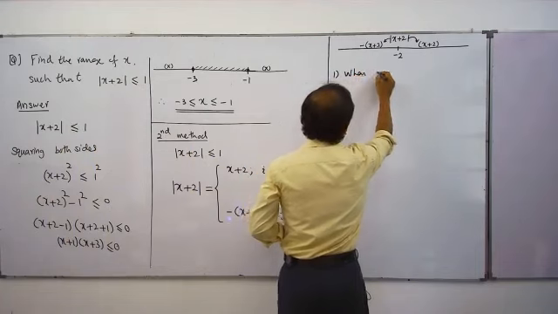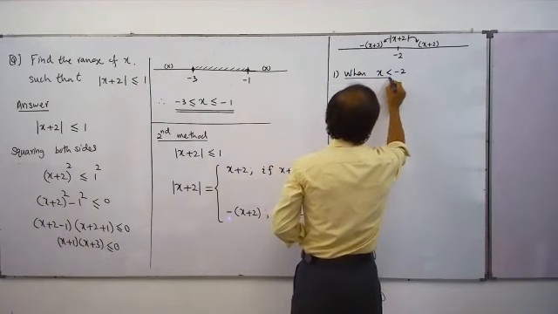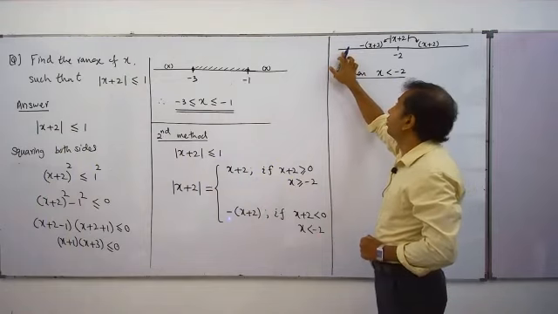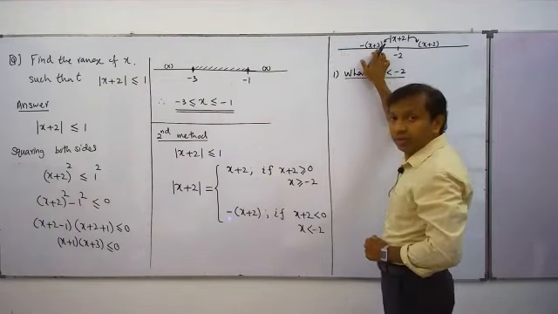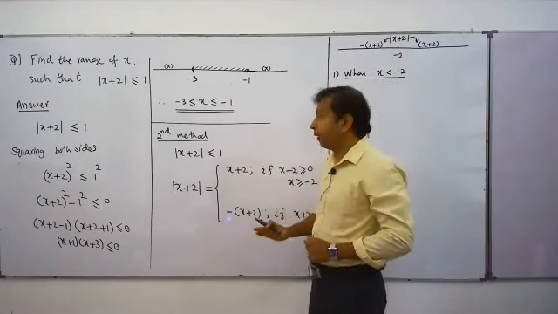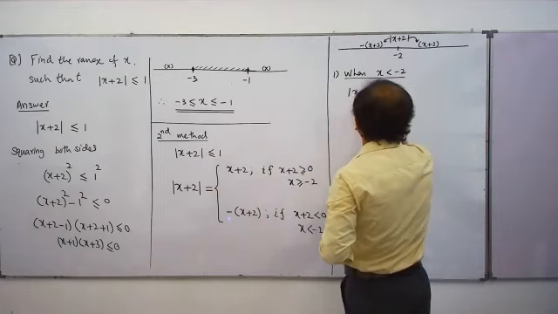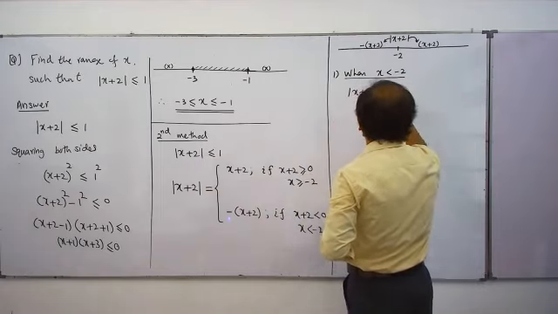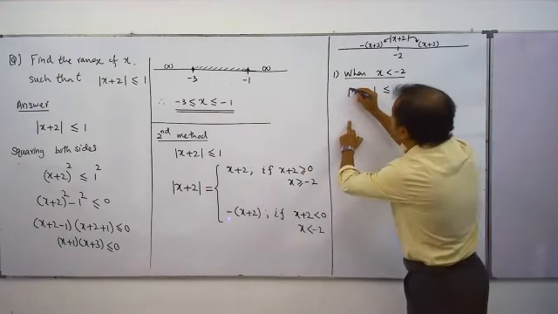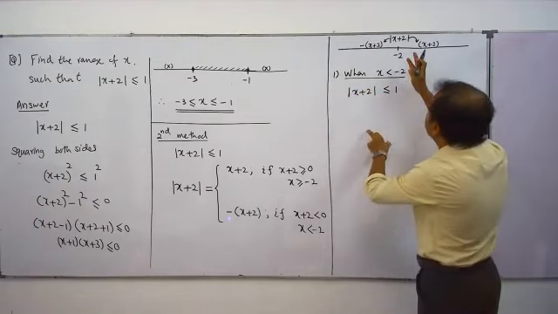when x is less than minus 2. x less than minus 2. That means we are going to check whether there are x values in this interval which can satisfy this inequality. That's what we are going to do. Right. Now in this interval, when we work out this sum, |x + 2| less than or equal to 1, right? We have to put for the |x + 2| the corresponding expression this takes in the interval